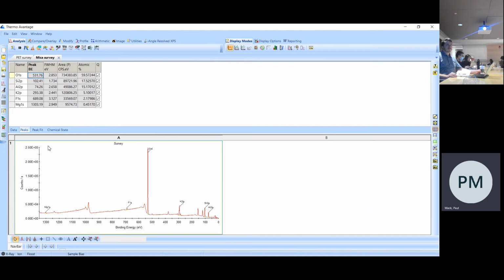The survey ID that I just showed you is, as I mentioned, a pattern matching. This presents a problem for the ever increasingly popular element lithium or boron. Lithium only has one peak, the lithium 1s peak. There are no confirmatory peaks, and so the pattern matching algorithm does not work. So survey ID will never find lithium, it will never find boron. If your samples have those elements in it, then the survey ID will never find it. So you could either press survey ID and add the lithium yourself,